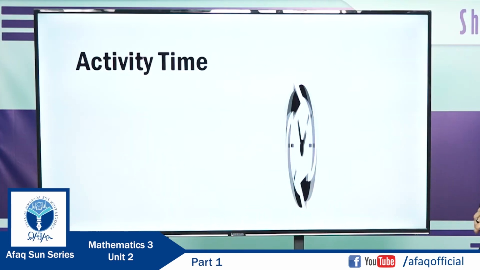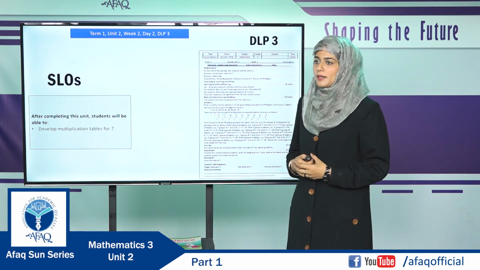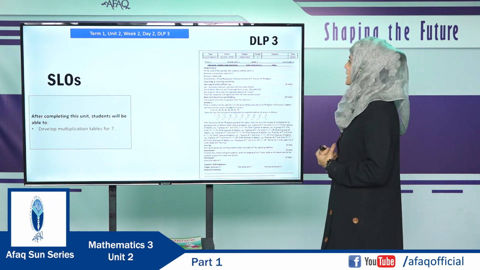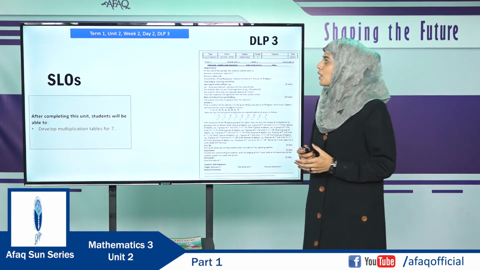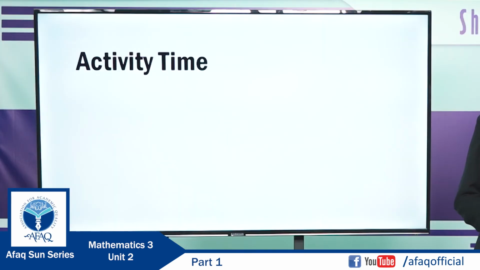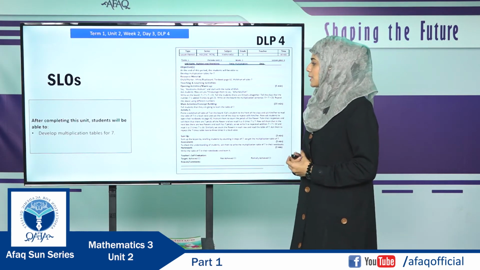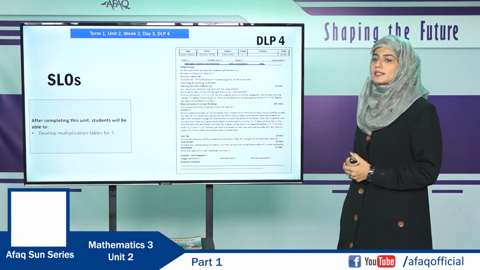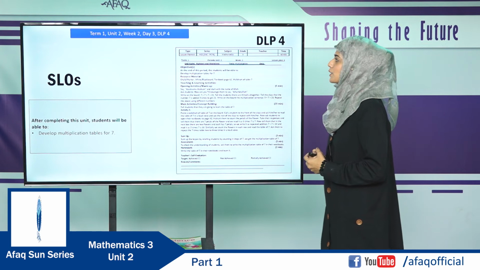It's an activity time. In this SLO, we are going to develop multiplication tables for 7. To cover this, the methodology has been given in DLP 3, which falls in term 1, unit 2, week 2, day 2. It's an activity time. Let's move towards the other concept. In this SLO, we are going to develop the multiplication table for 7. To cover this, the methodology has been given in DLP 4, which falls in term 1, unit 2, week 2,